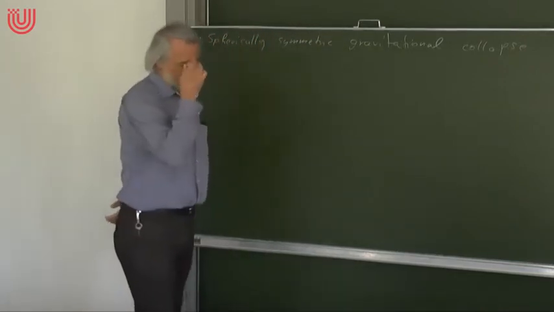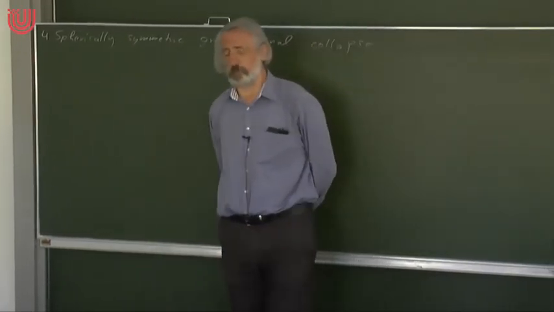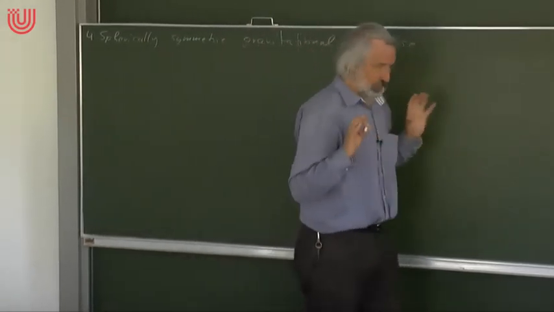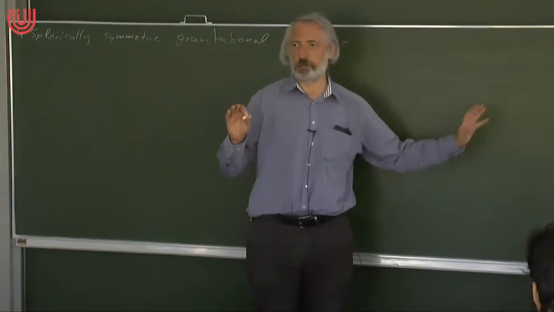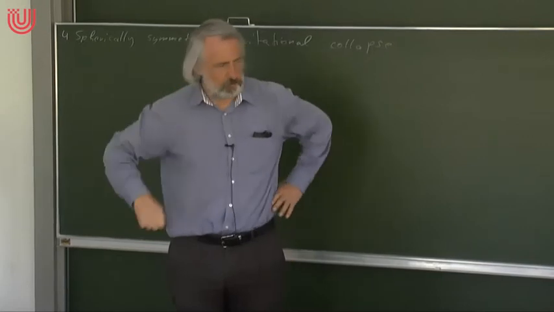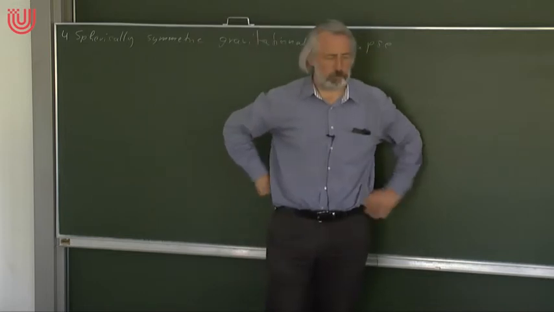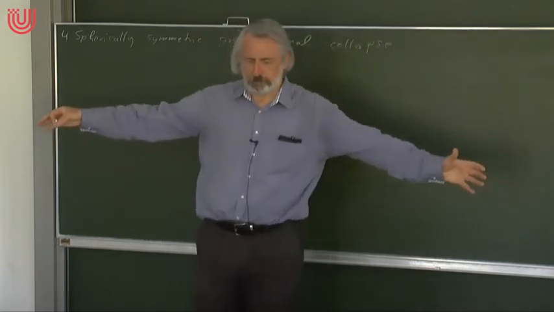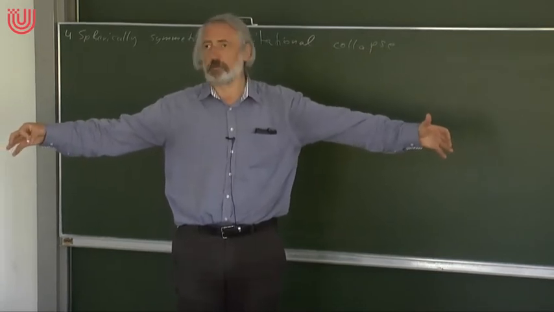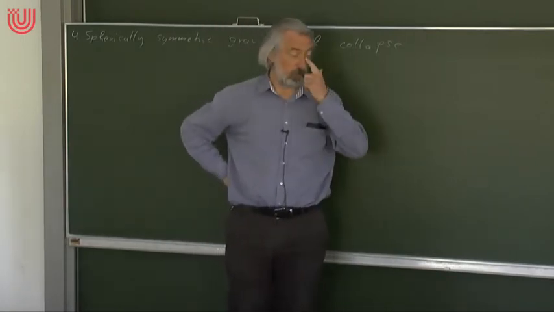Okay, so we have been talking about the Schwarzschild metric, which is static. So there's no time dependence, so it describes black holes. But these black holes exist forever, from t equals minus infinity to t equals plus infinity. So what we actually expect to find in nature is black holes which have come into existence at some time. So where we had an ordinary star, and then at some instant the star became unstable, and then it collapsed into a black hole. And that's the process we want to discuss now.